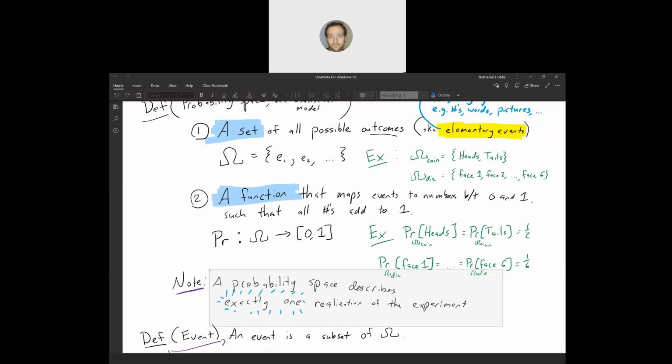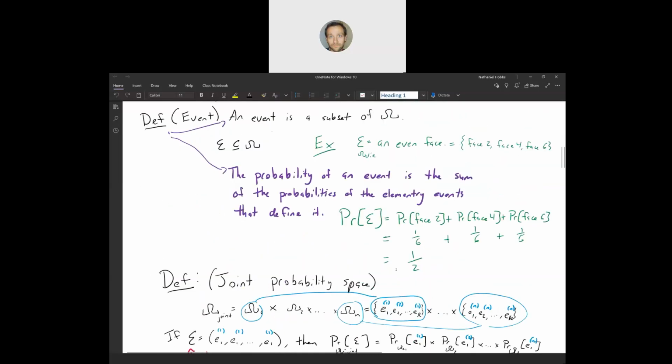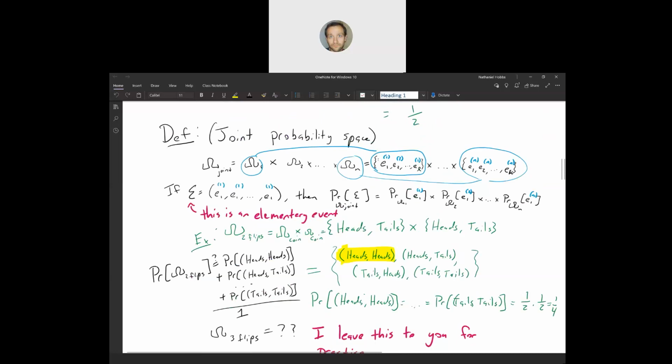You want to talk about flipping a coin 2 times, or 3 times, or more than once? Go for it. You can do that. But then you need to describe a new space. This coin probability space describes one coin flip one time. You want to flip the thing 2 times, 3 times, however many times. Then you make a joint probability space. You can start with the one flip, and then there's a way here to define a joint space, where maybe here we flip one coin, then we flip it again, and we flip it n times,